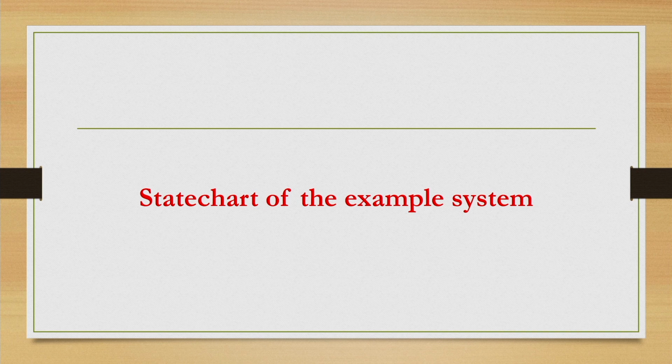So, with this notation, let us now try to see how we can build a state chart for our example system. So, remember that in our example system we have 416 states. Now, earlier we have seen how to use the hierarchical STN to divide the whole system into subsystems and come up with a hierarchical specification of the whole system. Now, we are going to use the state chart notation to represent the same system.